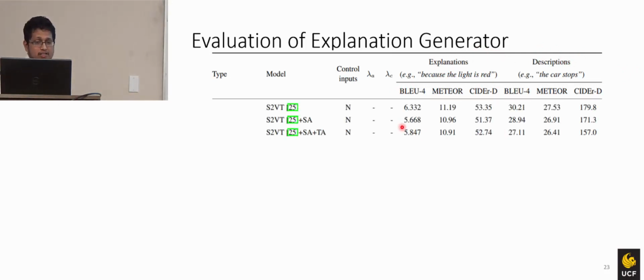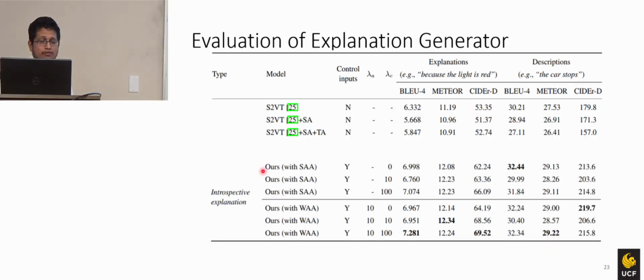If we go for the state of the art, we see this description part is always better than the explanation part, which is actually expected, because description is always easier than knowing the exact reason. So if we go for any of these studies from this paper, strongly aligned or weakly aligned, all of them do far better than the S2VT. Now, within strongly aligned and weakly aligned, we see that the weakly aligned outperforms the strongly aligned